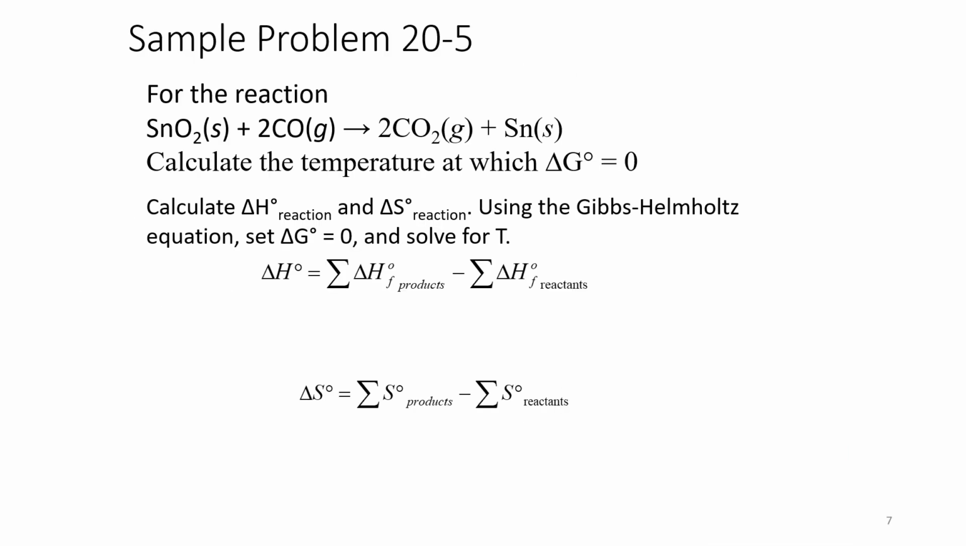So sample problem 20-5 says for the reaction of some tin oxide plus 2 carbon monoxide, we're going to produce 2 carbon dioxide and metal tin. It wants us to calculate the temperature when our Gibbs free energy change is 0, right? So this is also calculating the temperature at which our spontaneity changes from spontaneous to